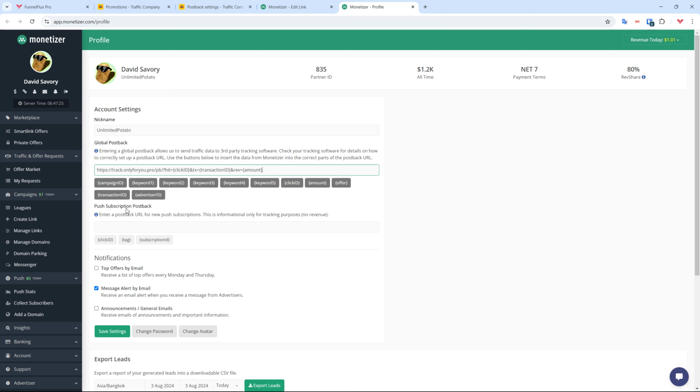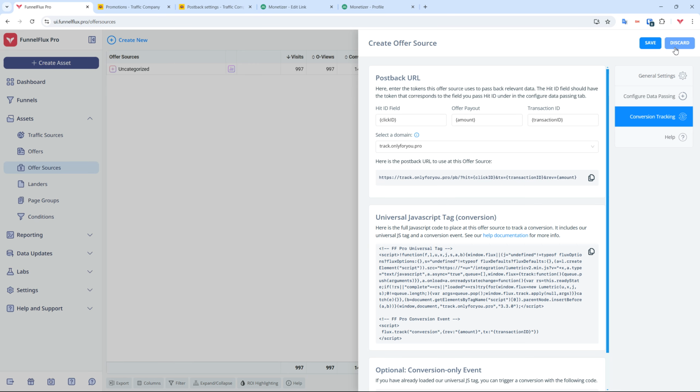For the push subscription postback, it says you can enter a new postback URL for push subscriptions. This is informational only and there is no revenue. Okay, so I'm not sure about the actual revenue that you get from push here, but it says this doesn't pass revenue. Okay, so what I'm going to do is come back to FunnelFlux, and I want to track that